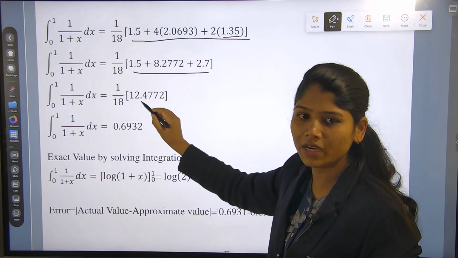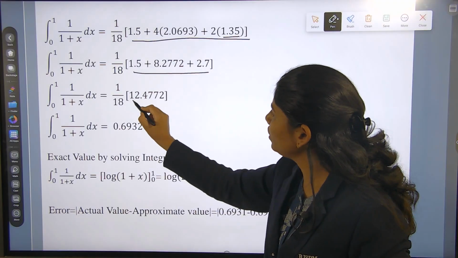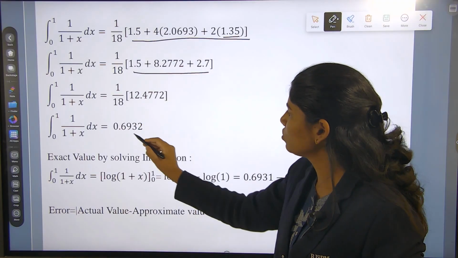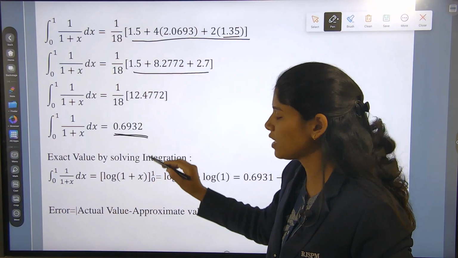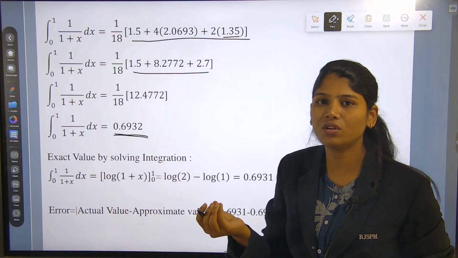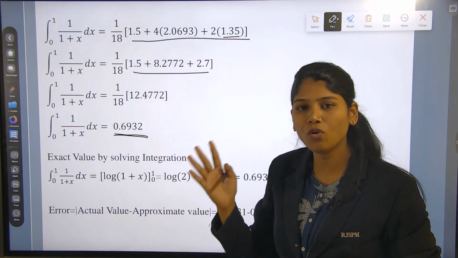Write down in a bracket. Then at last do the multiplication. 1 into 12.4772 upon 18. So answer is 0.6932. जब भी आपको क्वेश्चन आएगा सिम्पसन्स 1/3 रूल और ट्रेपेजॉइडल और सिम्पसन्स 3/8 रूल, देन आपको 4 डिजिट तक